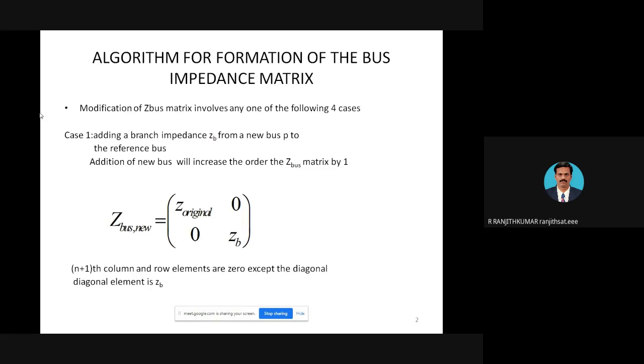So for the first case, where a new bus is added to the reference bus, you keep the original Z bus and extend it. You keep zeros for the new row and column, and for the diagonal element, you add the impedance which is connected. This is the first case. Okay, and for the second case,